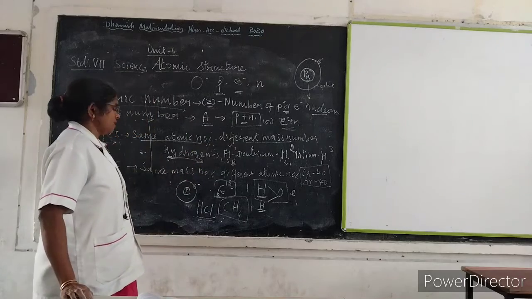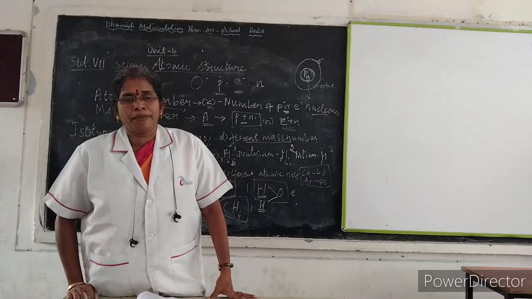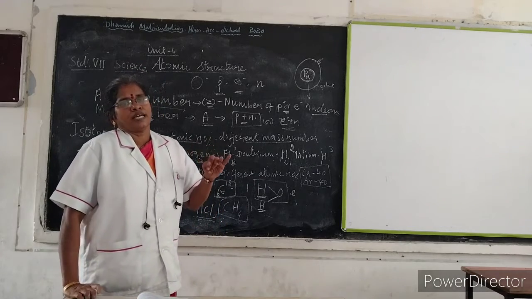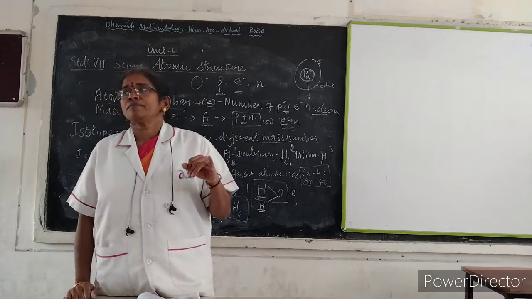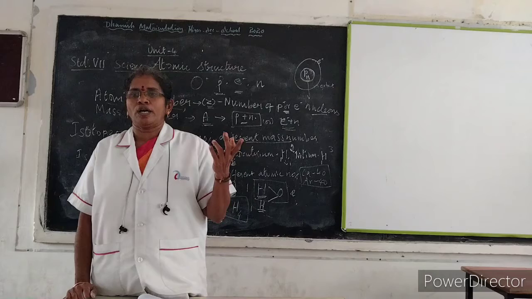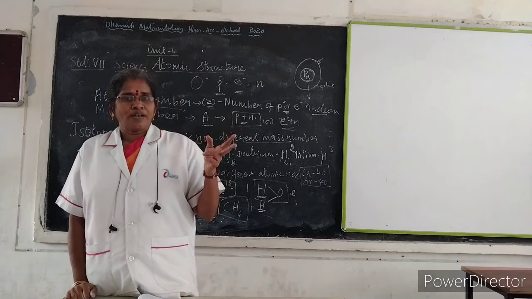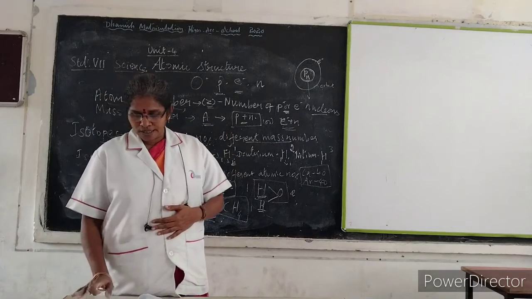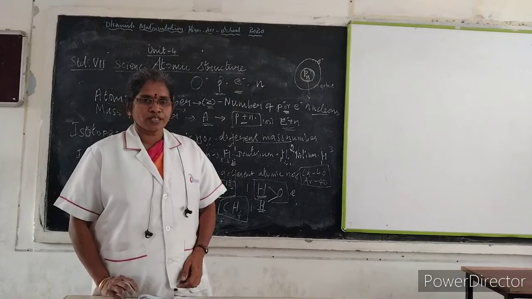And coming to valency. Valency is nothing but the combining capacity of an element. There are monovalent, divalent, trivalent and tetravalent elements. Monovalent means it can combine with only one element, one atom. Divalent means 2, that is valency 2. Trivalent means 3, and tetravalent means 4. Clear, children? That's all for this lesson. Thank you, children.